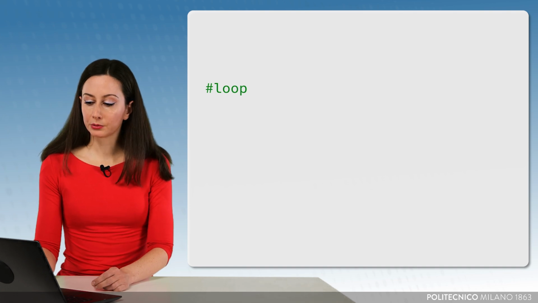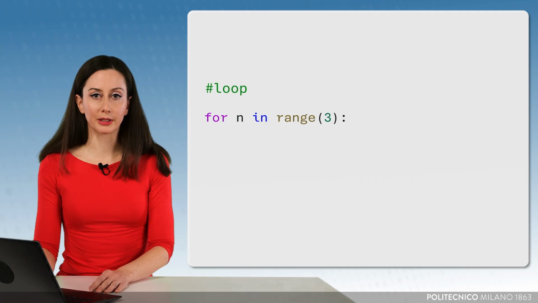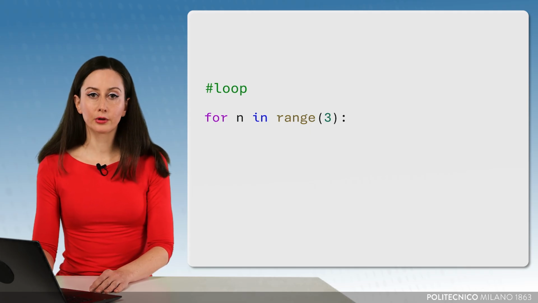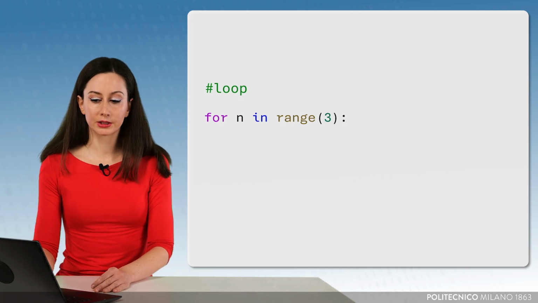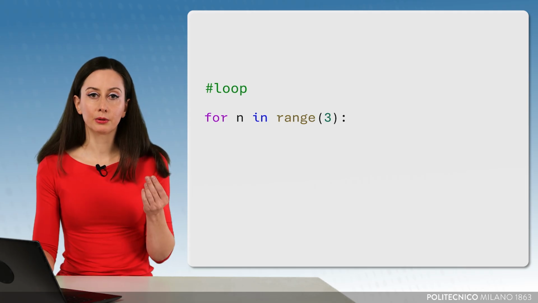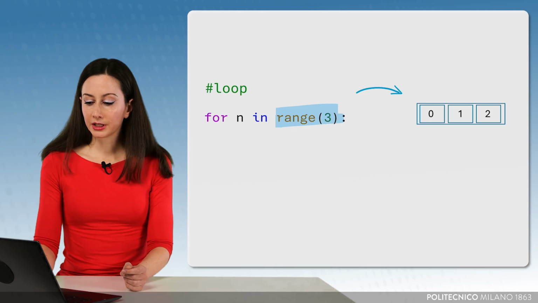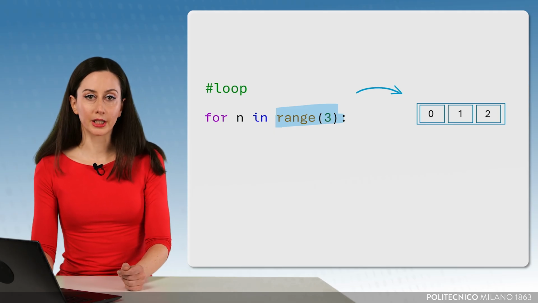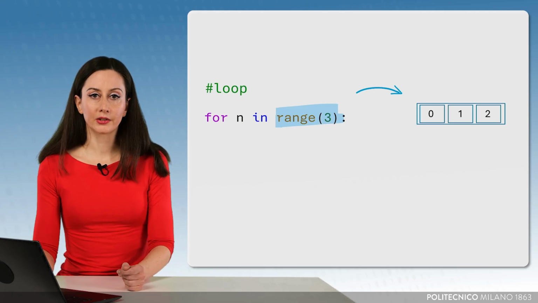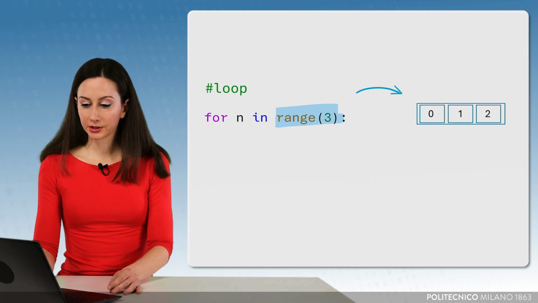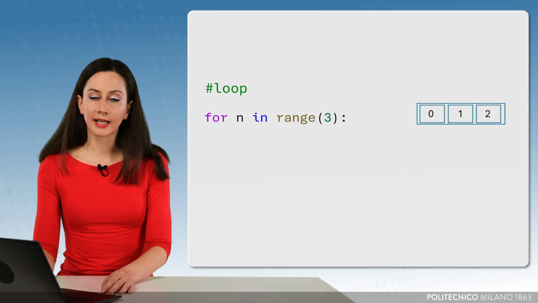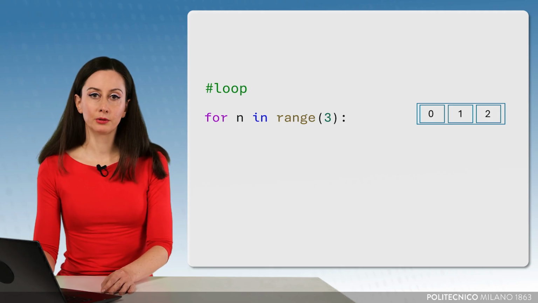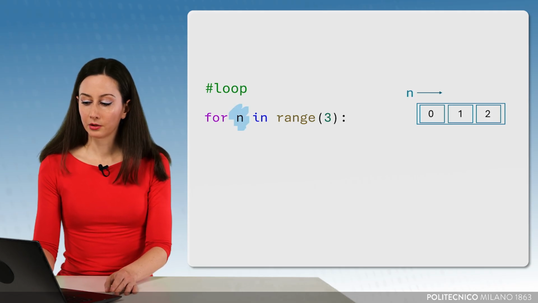A loop begins with the keyword for, and it is used to repeat a block of instructions many times. In Python, the for loop is used to go through the elements of a list, which is usually a list of integers, to easily count the cycles. This integer list can be created using range. For instance, here range(3) creates a list of integers ranging from 0 up to 2. So "for n in range(3)" means that n will take values 0, 1, 2.